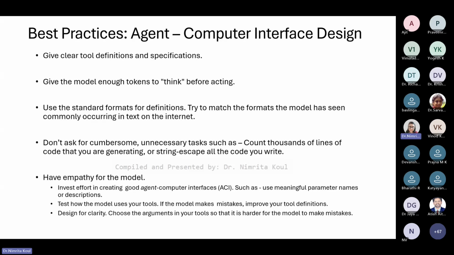For example, in your coding agent, do not ask it to count the number of lines of code it has generated, or do not ask it to put an escape sequence in front of the code it has generated. That is often unnecessary, and it unnecessarily consumes the tokens of the agent. And the final thing is, have empathy for your model. You spend effort in creating a good set of prompts. Make it